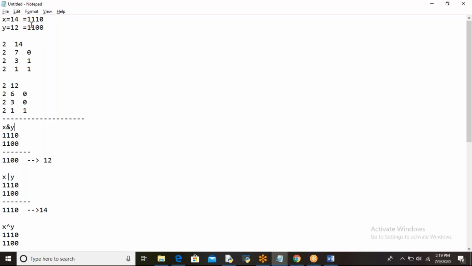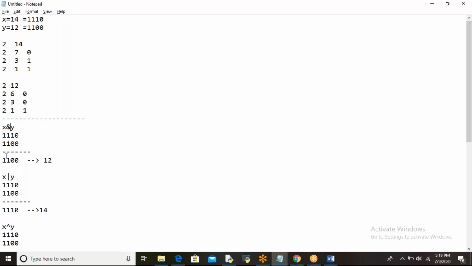X bitwise AND Y. You have the X binary value and Y binary value, right? Bitwise AND operator: what will it return? If both the bits are 1, then only bitwise AND returns 1. If any of the bits is 0, it returns 0. Yes or no? So here both bits are 1, that's why 1.